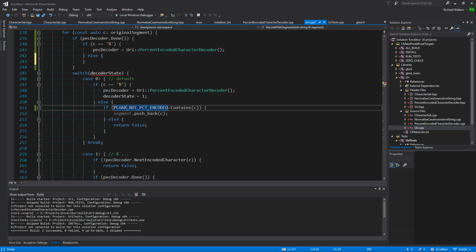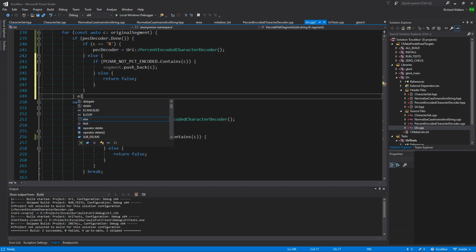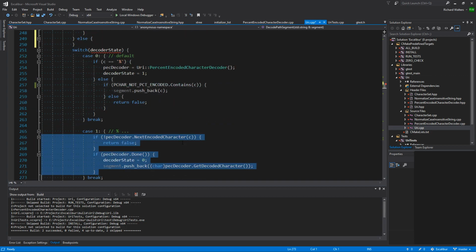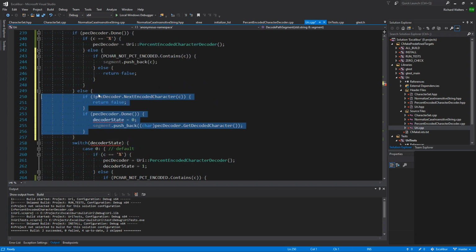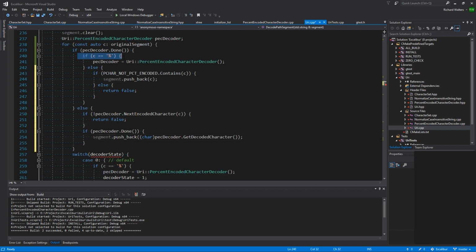Otherwise, we're going to check it to make sure it's legal, and then if so, push it. Otherwise, fail. Now, if it's not done, then we're going to be doing the shifting in here. And we have one more done check, because once we shift one in, if it is done, we want to take that decoder character out and push it in. I think this will work because when we first run into the percent,